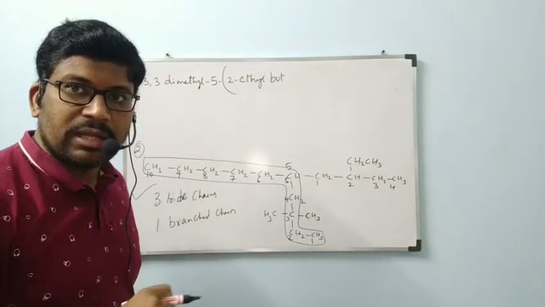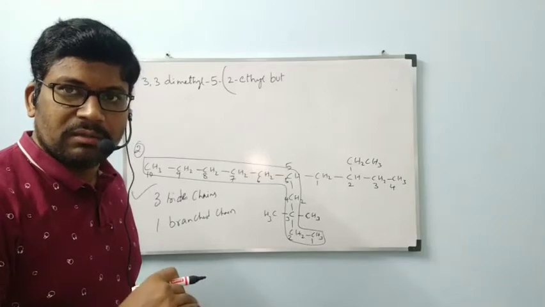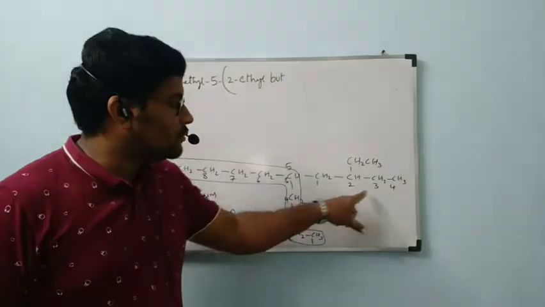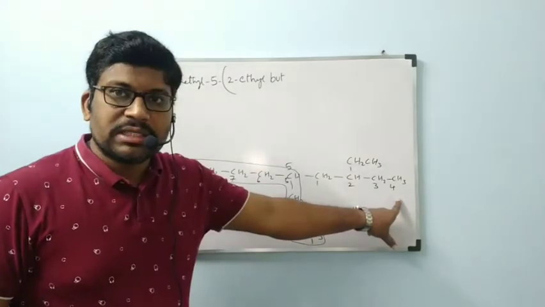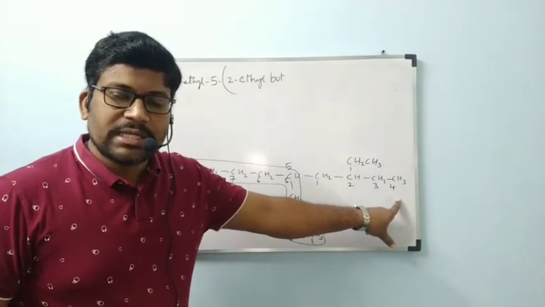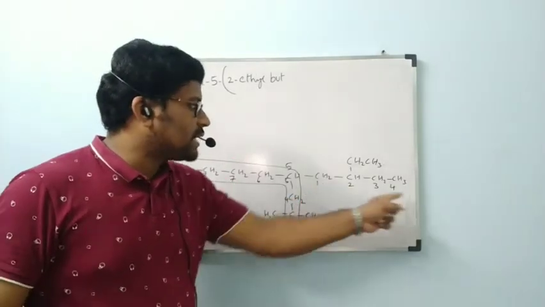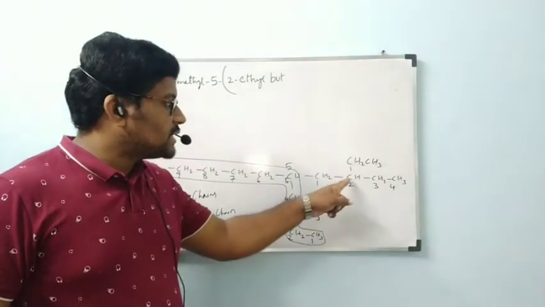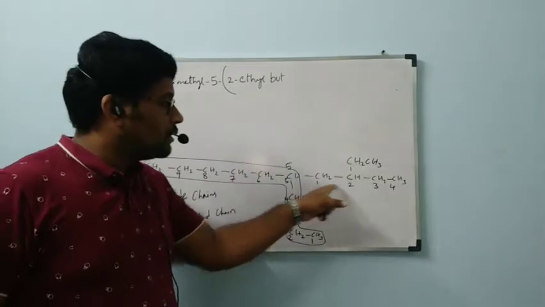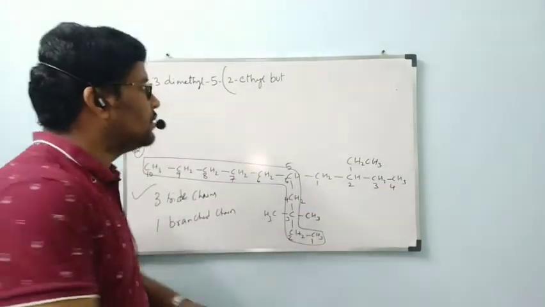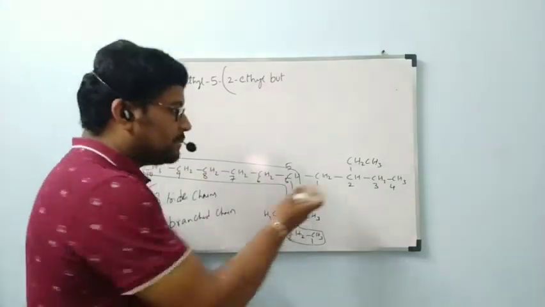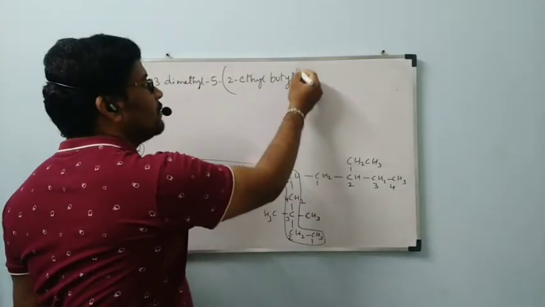Just as we follow the naming for the main parent chain, here also we are giving numbering 1, 2, 3, 4. That is treated as the parent chain inside the side chain. Number of carbons 4. On the second carbon we have an ethyl group, 2 ethyl. Number of carbons 4, but that is not the main parent chain, na? That is also present as a side chain, butyl.